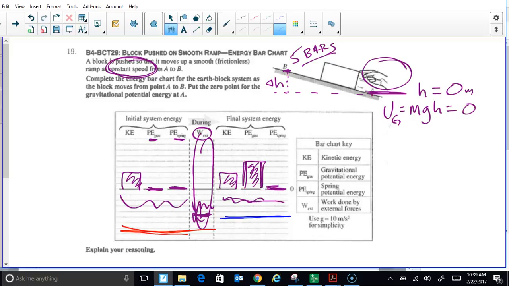In this case, it's a straightforward problem because I added 5 joules, or 5 bars, of gravitational potential energy, and I didn't start with any. So all that increase in potential energy had to come from the work done by the external force, the push. My board is suddenly causing headaches for me, but 1, 2, 3, 4, 5. So right in here, there we go. This needs to be 5 as well,